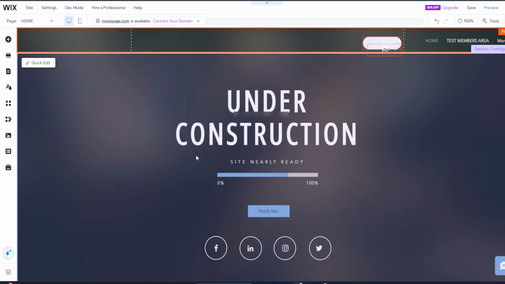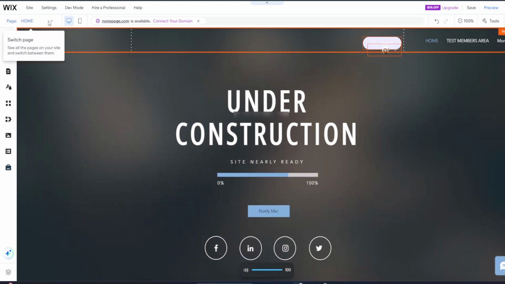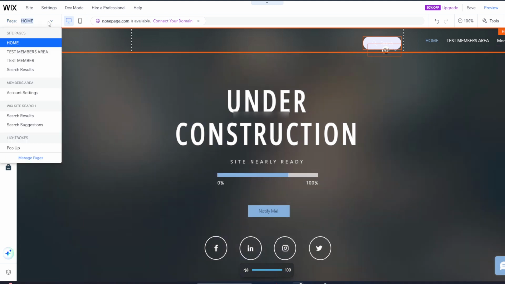Let's jump right in and start by accessing your Wix website editor. If you're not already logged in, you'll need to enter your credentials to access your dashboard. Once there, navigate to the upper left corner where you'll find the Manage Pages menu. This section is your control center for all the pages on your site, allowing you to organize and modify them